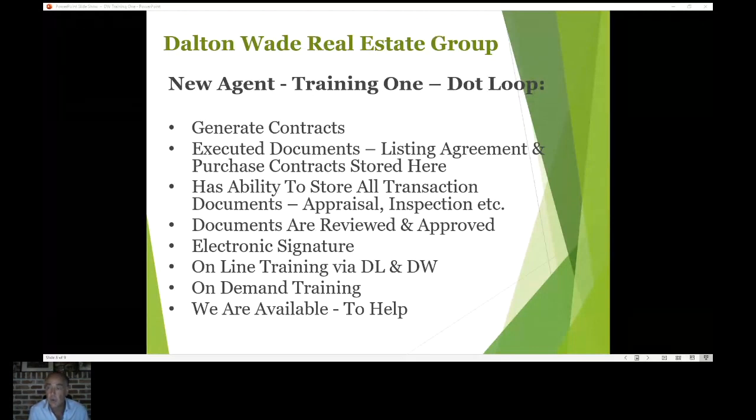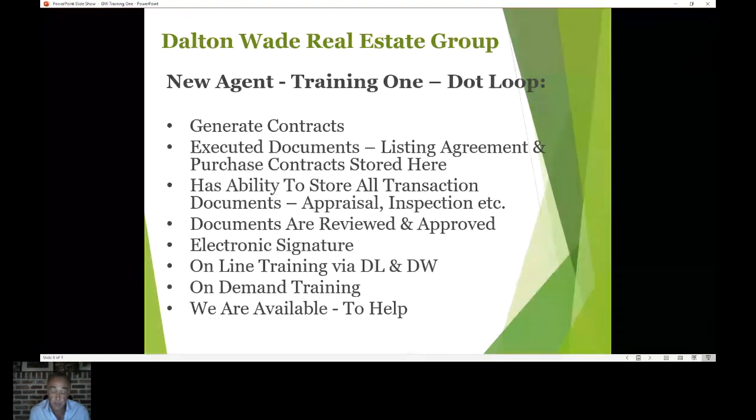So Dotloop is where you're going to do all your contracts, right? And it has the electronic signature, and you're going to forward them to your client to sign. You're going to share it with us as the broker so we can review and approve your work. It's a great system. Clients love it. It was the first. It's the best. They were the first ones to come out with the cloud-based transaction management system. They're now owned by Zillow. A lot of trading, but again, the business is technology today. So we want to give you the tools, and you want to make sure you use the tools.